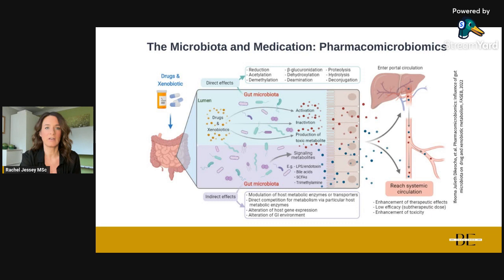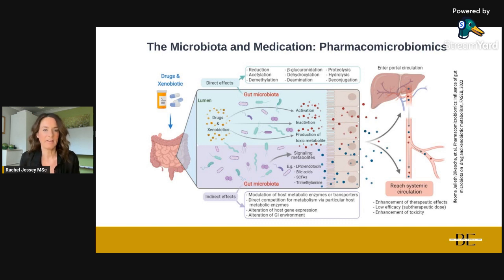And then I wanted to touch on medication. So again, I'll do another presentation with regards to this, because it's actually quite a big area of research, and it's something that microbiome specialists are really interested in. And when you see people who are managing the symptoms of long COVID, you will find that they are on a lot of medications potentially. And I'm not saying those medications are bad, but particularly as natural health practitioners, we need to understand that there is an interaction between the microbiota and medication, and this term has been coined,